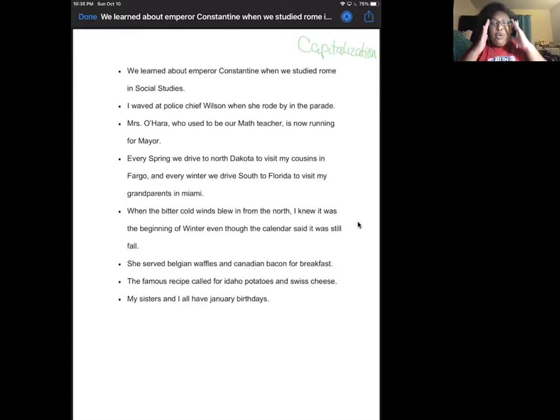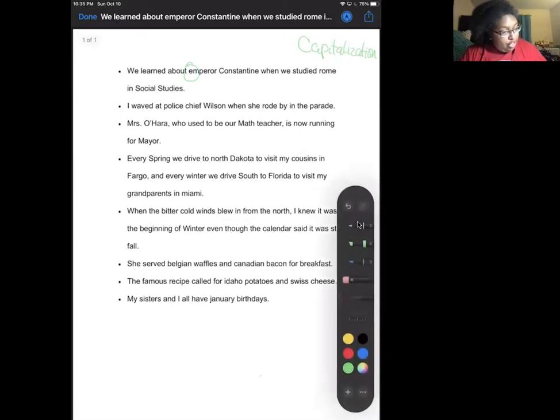Let's look at these words here. Emperor Constantine. Well, this looks like a title to me, right? Because Constantine's job is to rule everything. So he's an emperor. Bam, that's capitalized. And actually I should really use the capitalization